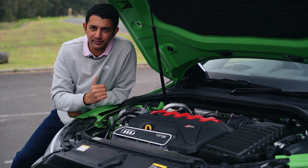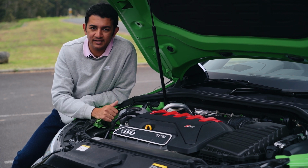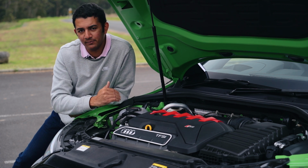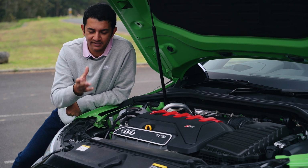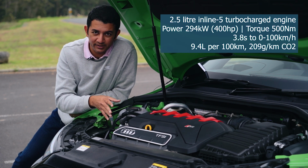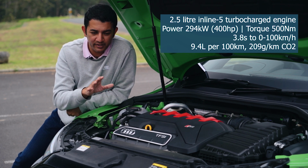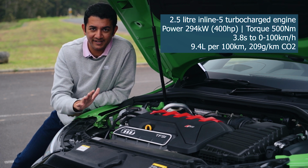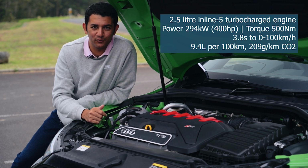And this engine is pretty special. So it's in its 2.5 litre configuration in this particular car, just like it has been with the RS3 historically. And they've maintained power at a similar level to the current generation when it first came out before this facelift. You get 294 kilowatts, 500 newton meters of torque, roughly about 400 horsepower. 0 to 100 comes up in 3.8 seconds,